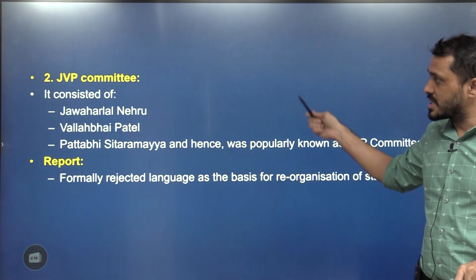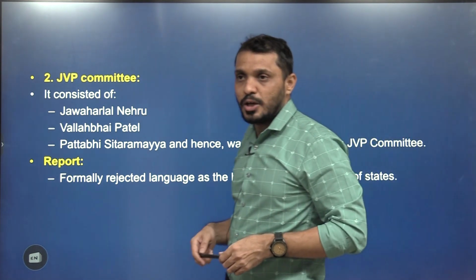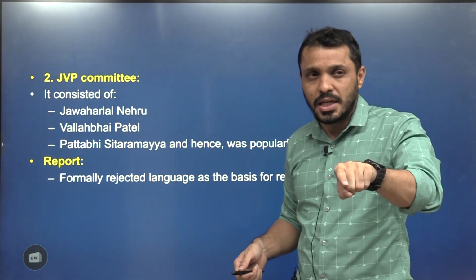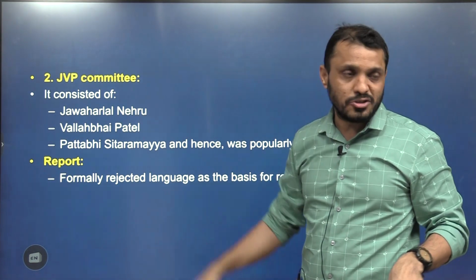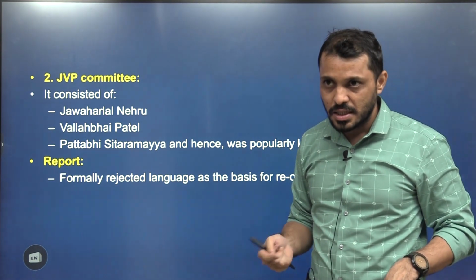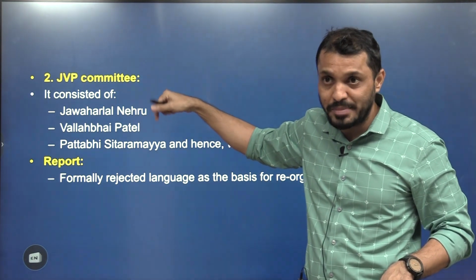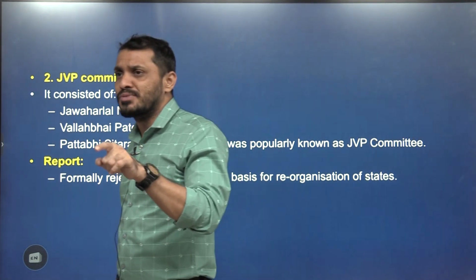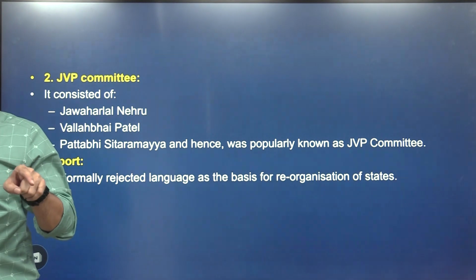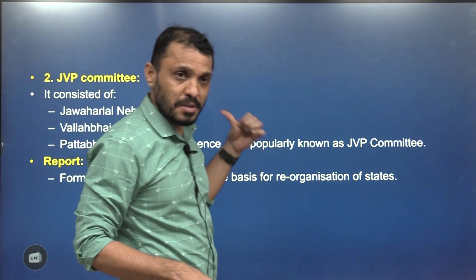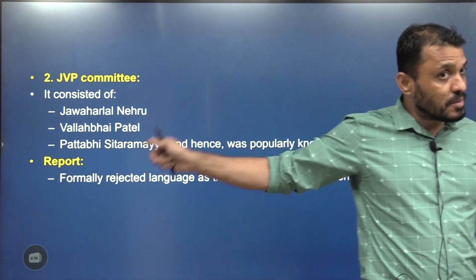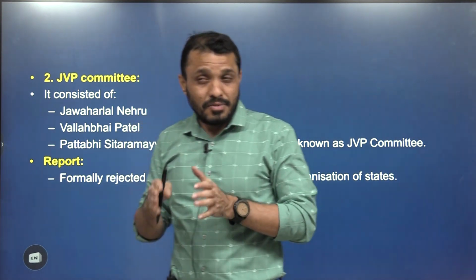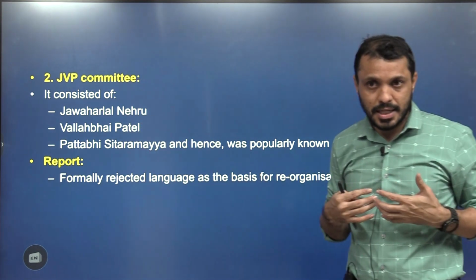In response to this, in the same year, the JVP committee was appointed: Jawaharlal Nehru, Vallabhbhai Patel, Pattabhi Sitaramaiah. But here the irony is, Pattabhi Sitaramaiah, who is from the Andhra region, is a member of the committee. This should actually be a conflict of interest. He is the one who established the Andhra Bank, now the Union Bank of India. One more thing is, he competed against Subhash Chandra Bose for the presidentship of INC, and he was supported by Gandhiji. But in fact, he was defeated by Subhash Chandra Bose. From there, Gandhiji distanced himself from the Congress.